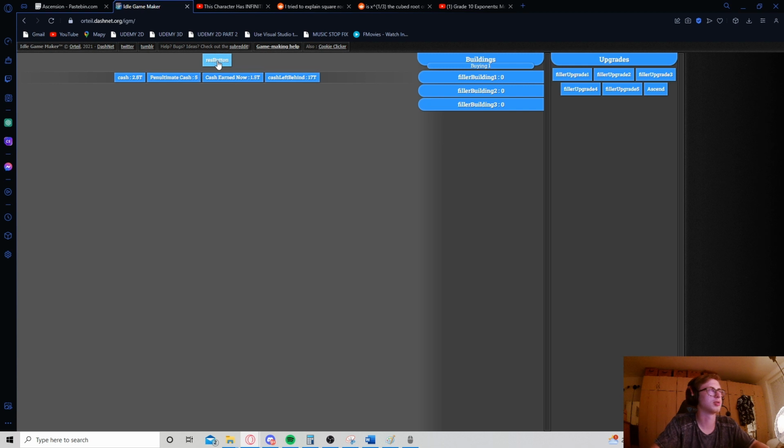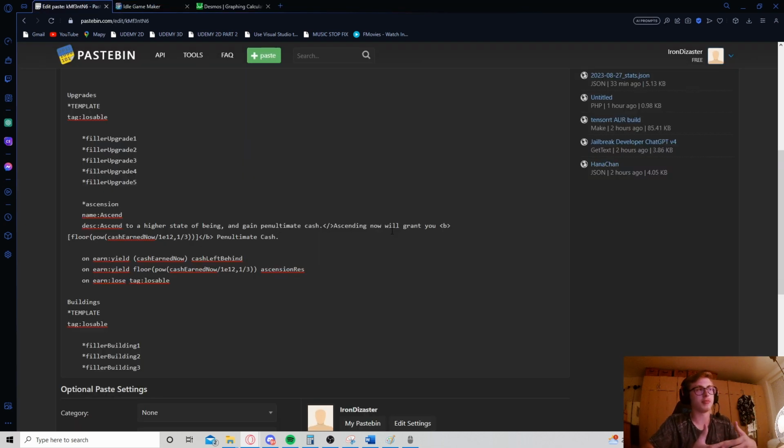Now, just to make sure it's not bugged, let's for example ascend with 6 trillion cash, and we should still only get 1 as it says here. Alright, yep, we only got 1, so it works pretty well. Let's now add dynamic information that will tell us how much cash we need to earn for the next penultimate cash. Adding dynamic information that displays how much cash you need to get more penultimate cash is going to be a little bit more complicated,